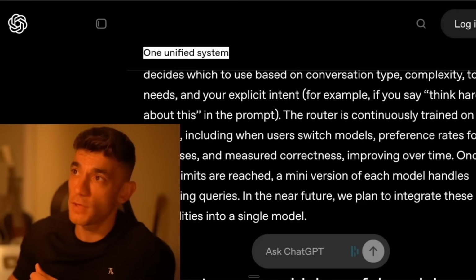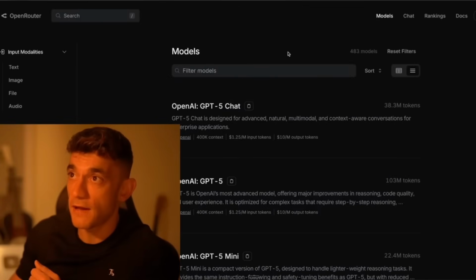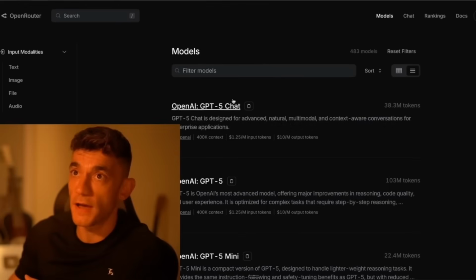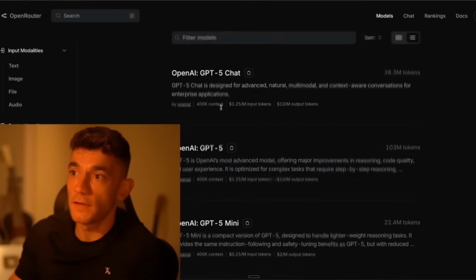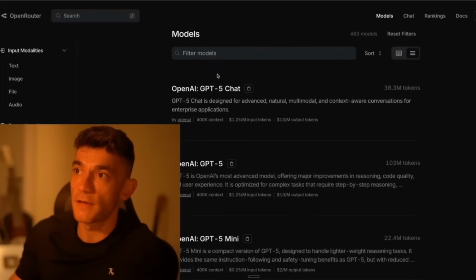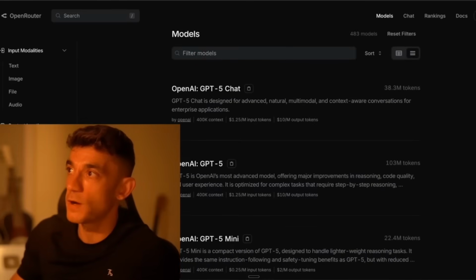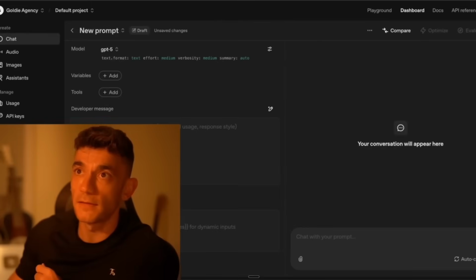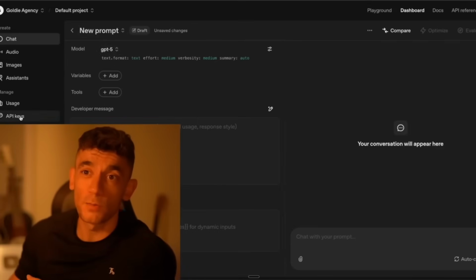All right. Now, if we actually have a look at this as well, we have access to GPT-5 inside OpenRouter. So you can see there are many different models. For example, you've got GPT-5 Nano, GPT-5 Mini, OpenAI GPT-5, and then GPT-5 Chat as well. You can also start coding with it inside Playground AI. So you can go to the chat here, start using GPT-5 directly here, and you can code with the API